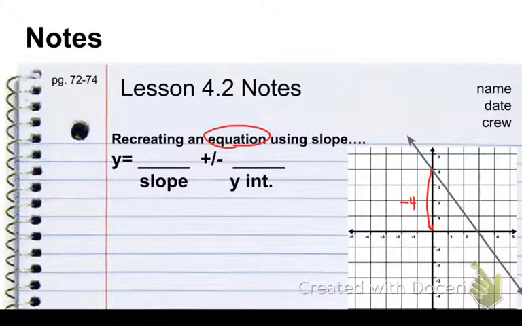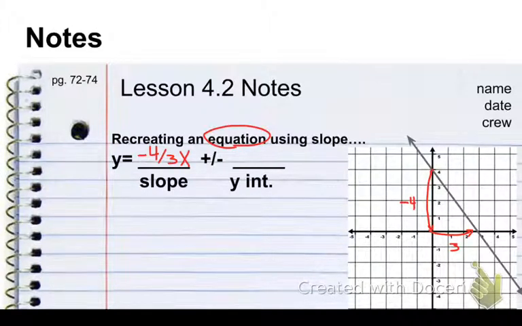I know that it is running to the right by 3. So I get a slope of -4/3, which I can recreate as -4/3 x